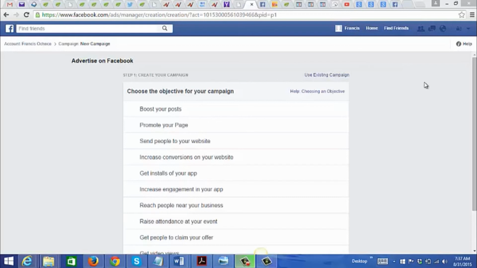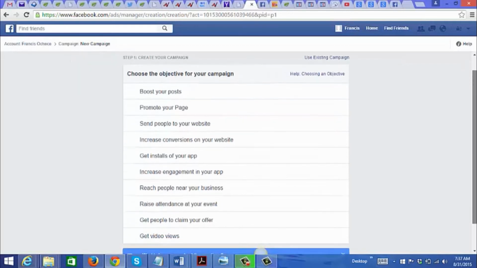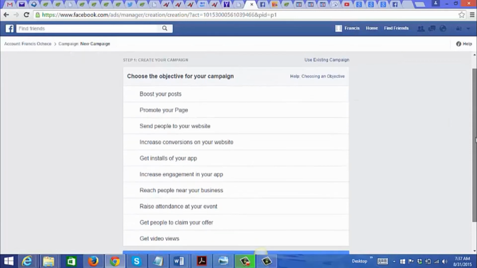When you click on create ad, this is the page that you were brought to, and you have a few options here to choose from. Now what I recommend you do is to choose this one right here, increase conversions on your website, because Facebook will use their million or billion-dollar technology and try their best to increase the conversions on your website.